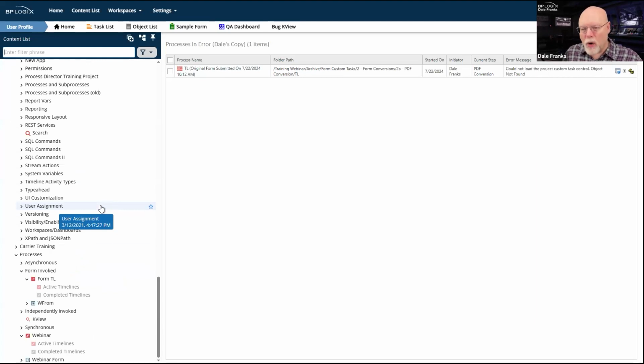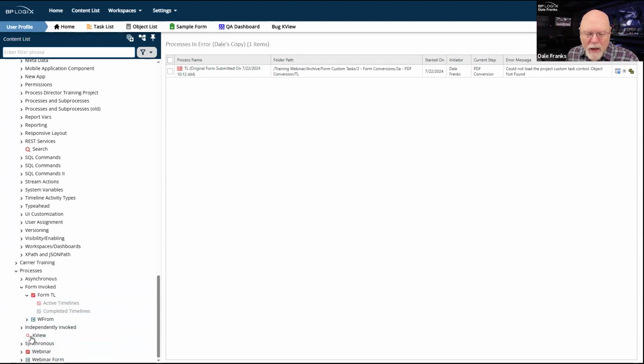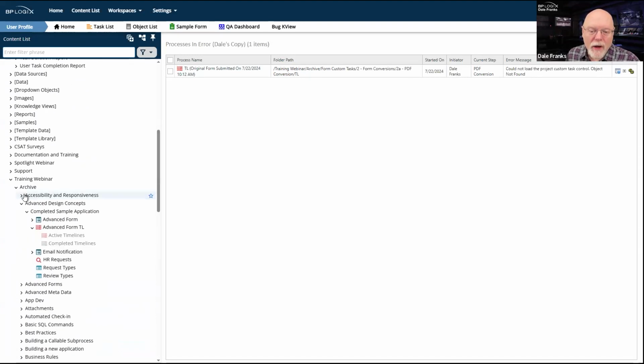To find your running timelines. Now, this is processes in error, and this is important, but even if you don't have a process in error, because processes in error should be relatively rare, and they're kind of a special circumstance, and we'll come back to processes in error in a little bit, and we'll rerun this, and we'll play around with this process. For the most part, whenever you're managing your processes, you're really going to be opening up the process itself. So, and that's not the process I wanted. Sorry, I want to go way back up here.